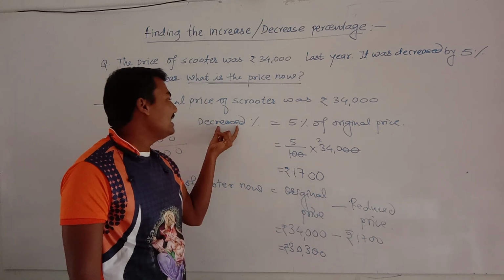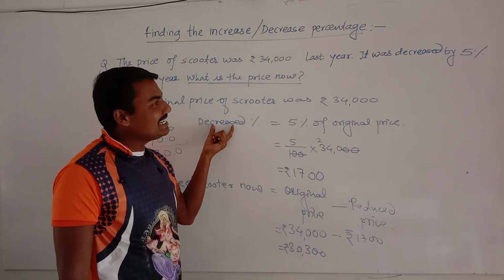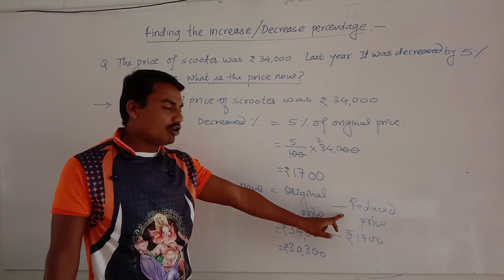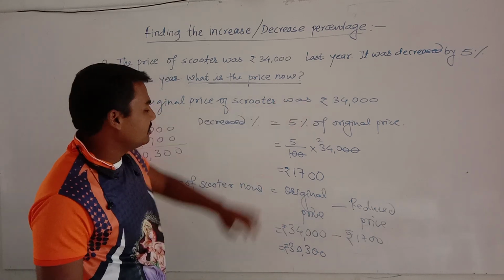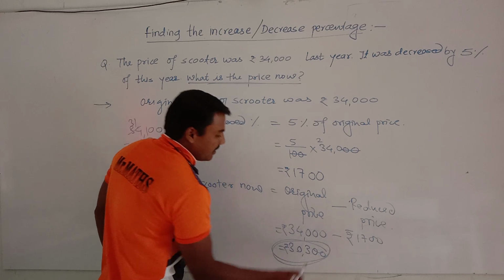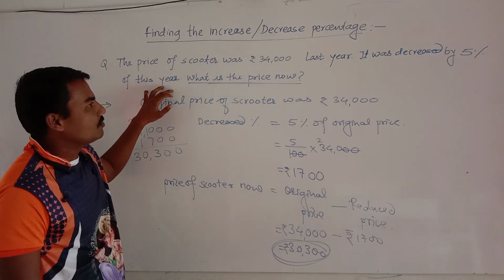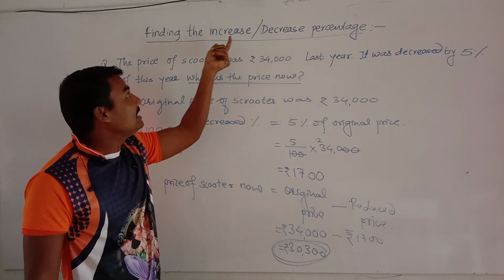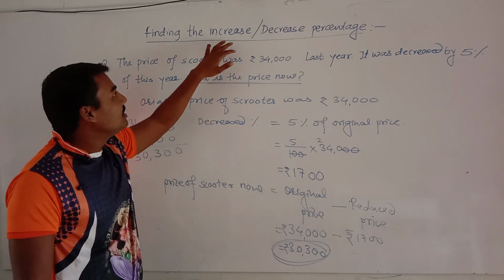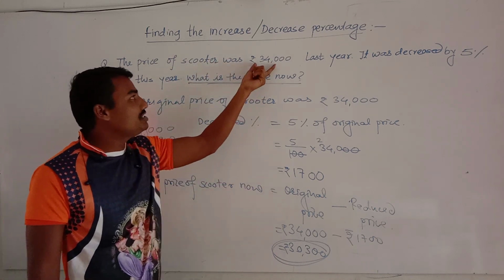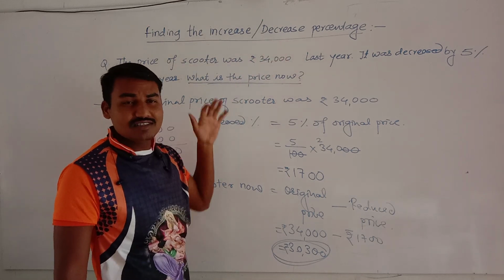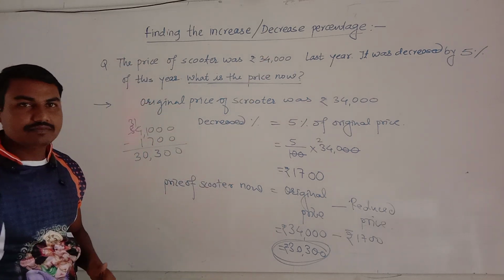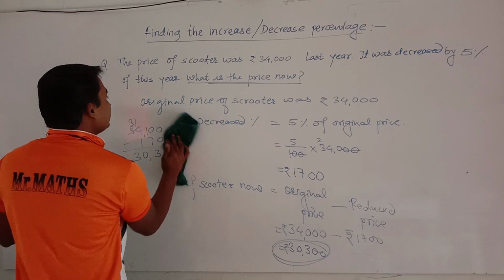What is the change in decreased percentage? If the percentage decrease is given, we have to calculate the percent decrease from the original price and just subtract it from the original price. Increase and decrease are very simple: in increase percentage, after finding the increase we just add it to the original price, and in decrease percentage we just subtract it from the original price. That is the difference between them. Understood? Now we have to see the next point.